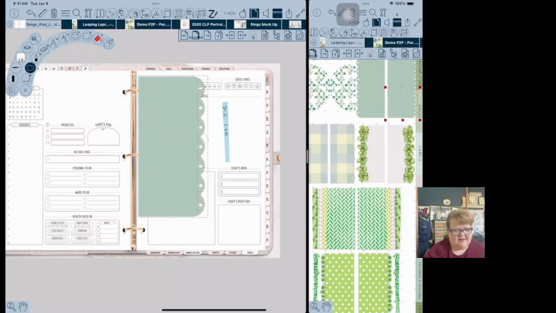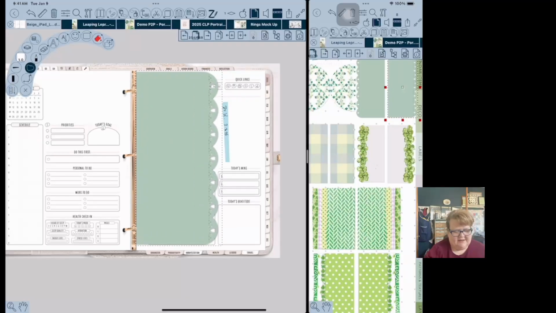If I wanted to kind of just cover that up, then I would have it like that. And again, yes, I could just turn off that level that has that Dutch door. But the fun thing about subpages is if I click on it,